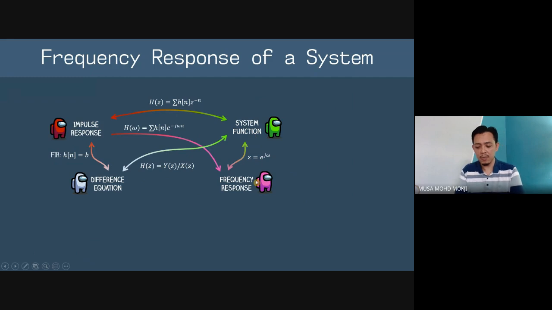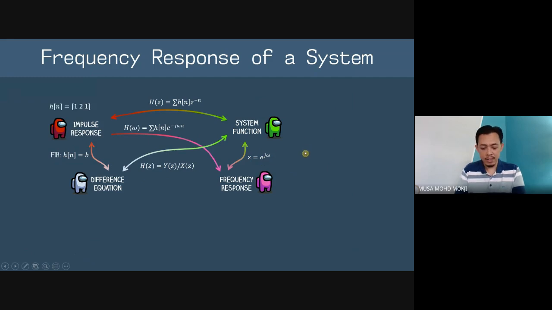And we have seen this relationship also. What is the frequency response in terms of the system function? Because the Fourier transform is actually just a subset of the Z domain. What we do is set the radius r equal to 1, so that's why it becomes e^{j omega}. Instead of the full definition of z, which is r e^{j omega}, because r is equal to 1, now we have this one.